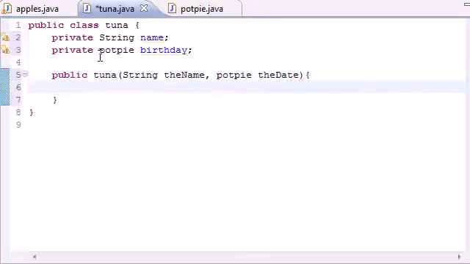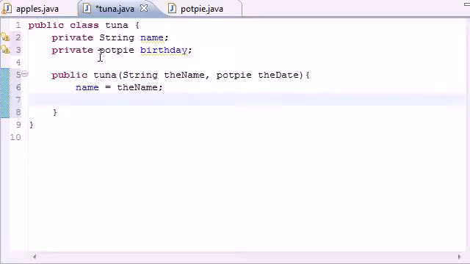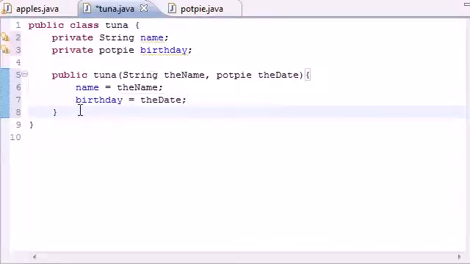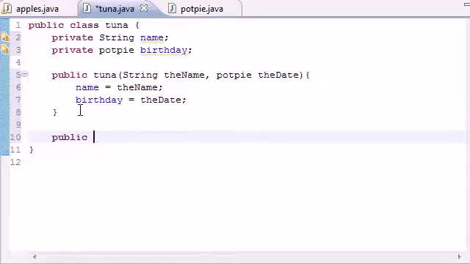And now in the body of our constructor, let's just go ahead and set name equal to the name, and let's set birthday, that we declared up here, equal to the date. So now we are in sync, we are good to go. But what we want to do now is make another toString method. So let's put public String toString, and just like we did in the PotPy class, this method is going to take no arguments,